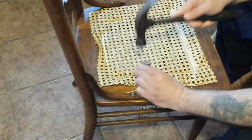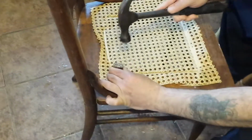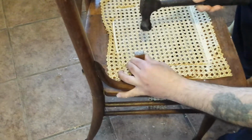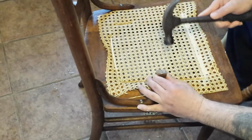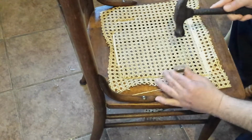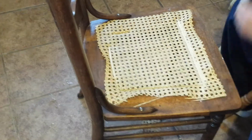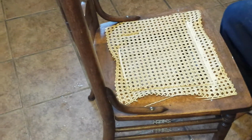So how's it looking, Sandy? It's looking good. Okay. Once I run that line down there, I kind of like to go all the way down it and just kind of pound it down in it so it's nice and clean and deep. Mm-hmm. Then I'll move